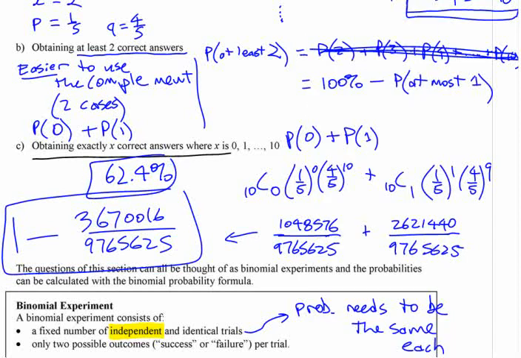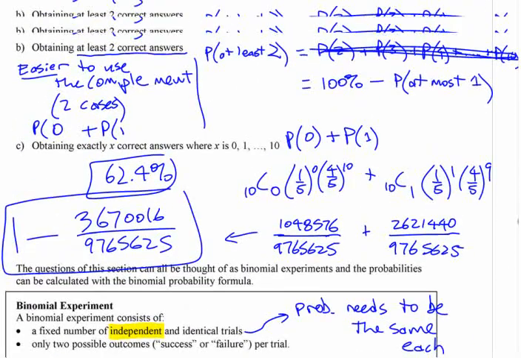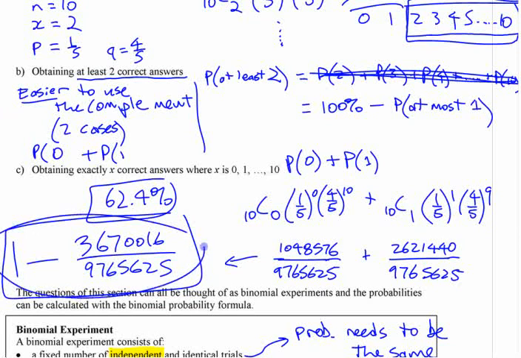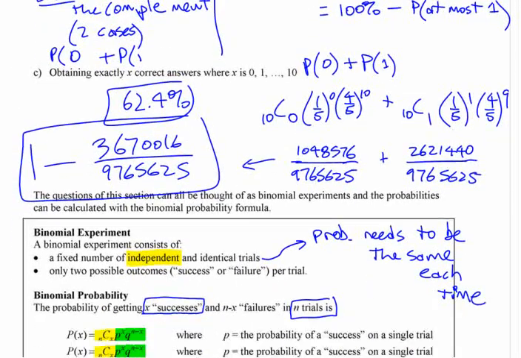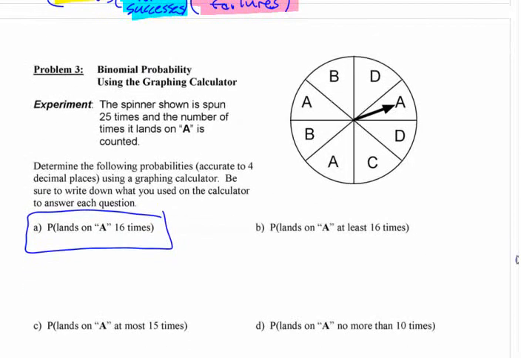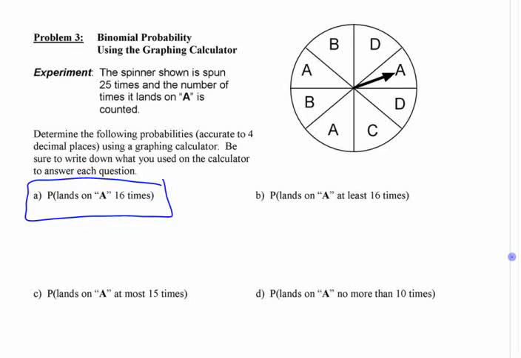Or if you wanted it as a fraction, you could do that as a fraction. That is B. C is just writing an expression again. I don't know why I put that in there. Okay, I do want to show you how to use a calculator for this kind of thing. But we will stop